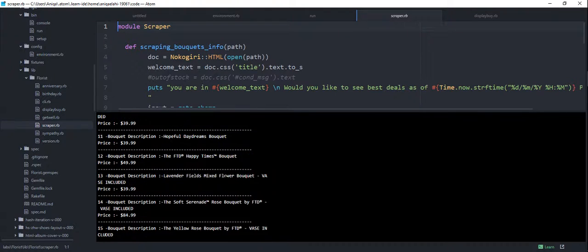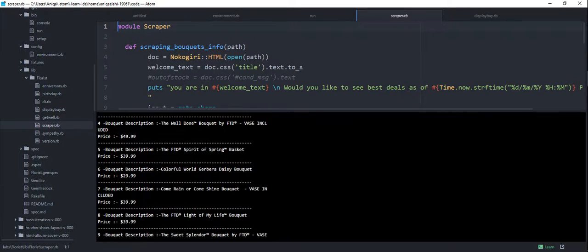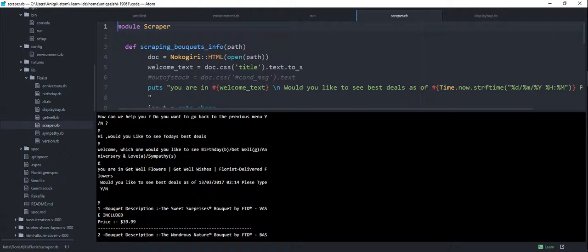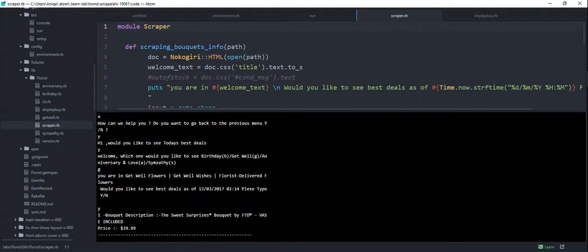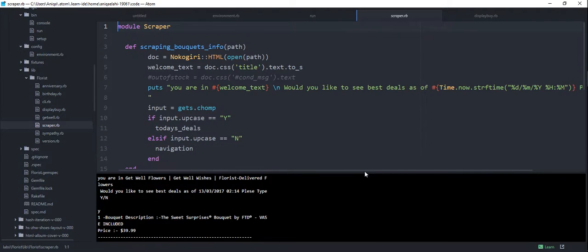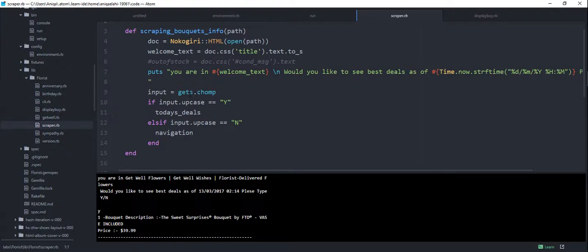Let me show you. Okay, welcome, which one, not this one, this one. You are in the get well flower. This is the output of this welcome text, which we actually display here. You are in this, and would you like to see, and then I use the time and the date anyways, and then it asks the user to put some input. In case they put yes, we're gonna take them to today's deal. So today's deal is actually in